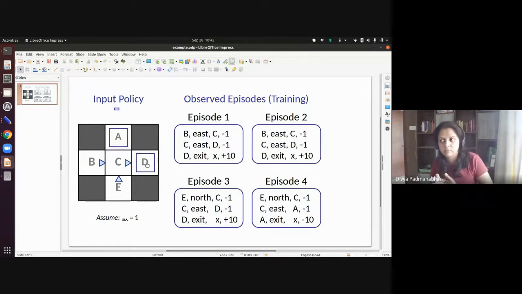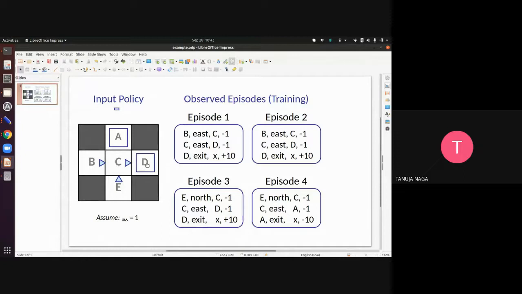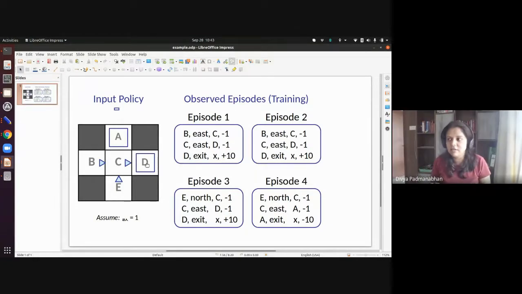Then we'll probably try all the examples. Yeah, you will try a couple of things, right? At B, you will take a right, you will come to C, then maybe you will go right, maybe you will go top. Some things you will try. Even in the other example of the restaurants, that's what you did, you tried out a few things.